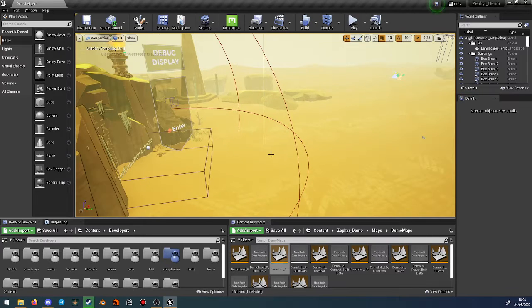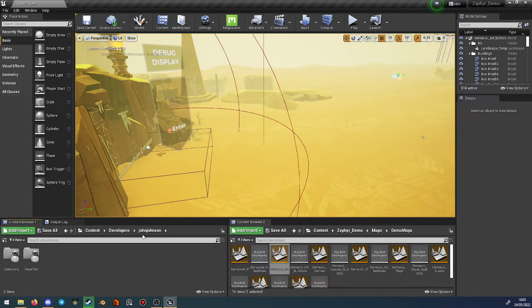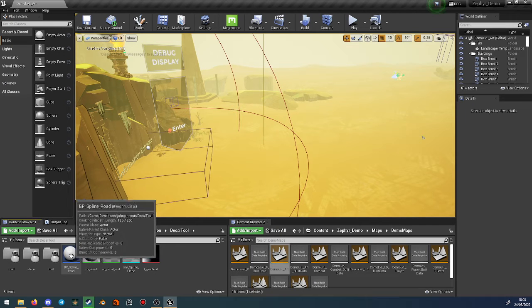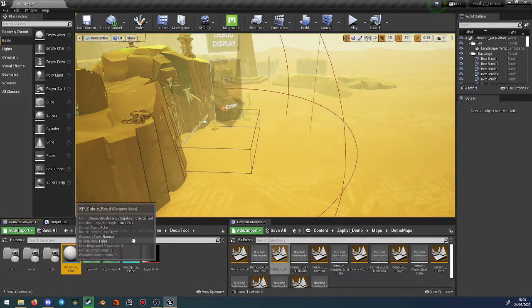Alright, so I'll be showing you guys how the decal tool is working and the functionality of it. It's under the developer folders and then John Johnson. It's the blue one. I don't know if the color propagates in your Unreal instances. But anyway, it's here, decal tool, and this blueprint is the one that you want. So you just drag it in the level,